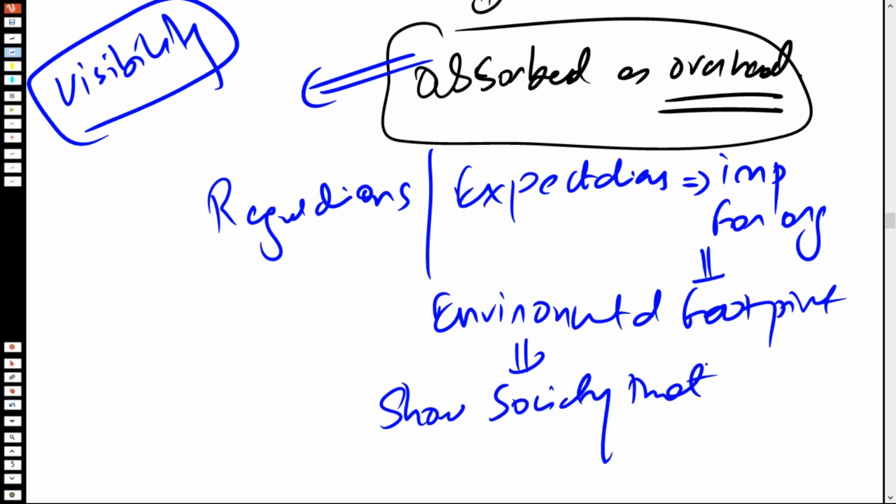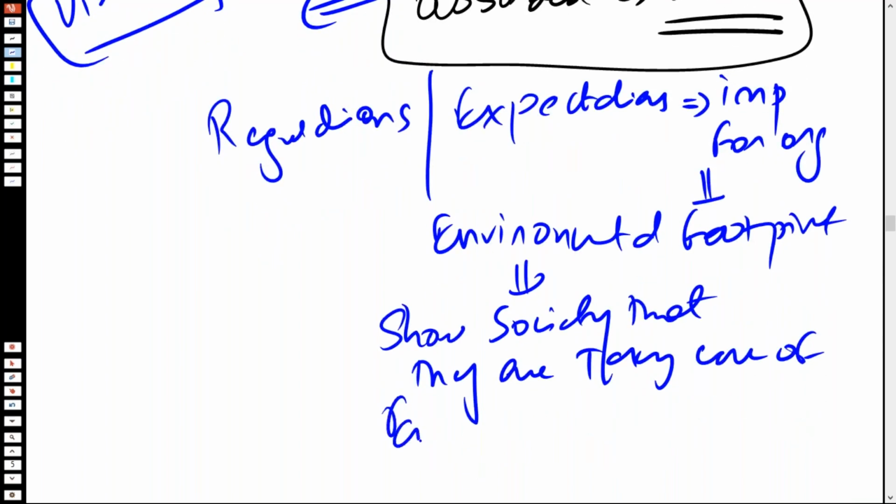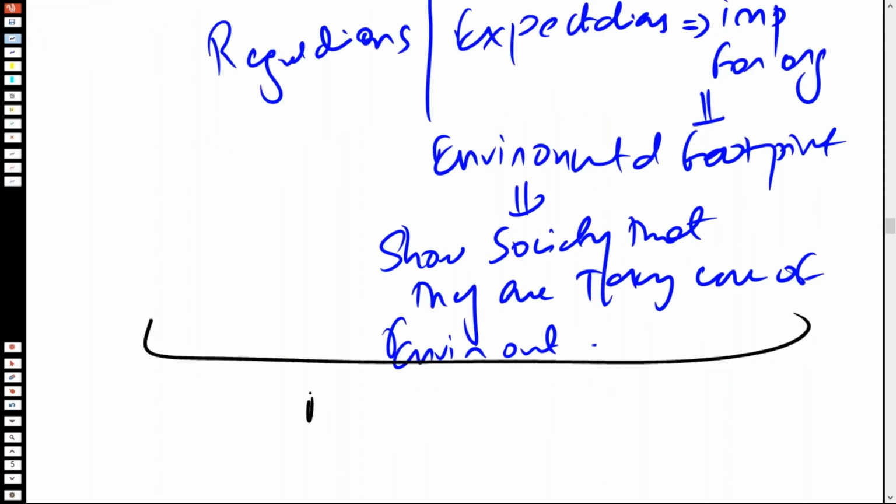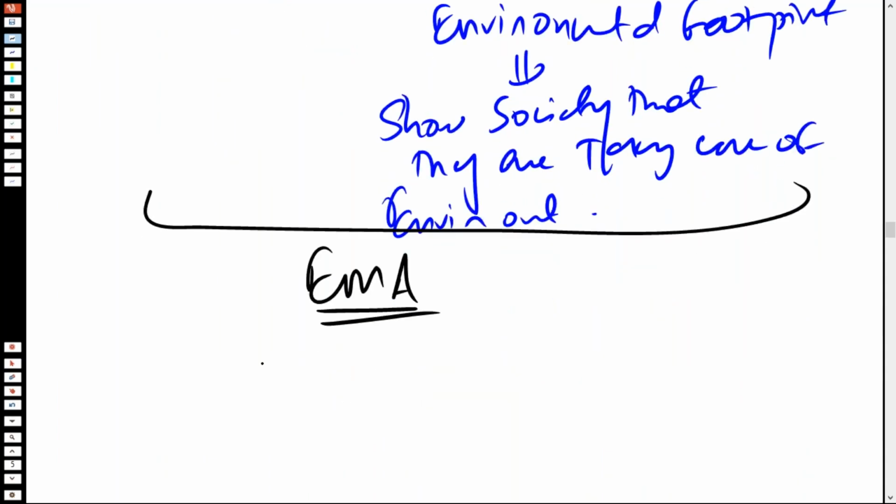that they are taking care of the environment. As a result of this, the concept of environmental management accounting was introduced. And what is the purpose of environmental management accounting? It is to introduce a technique through which the environment